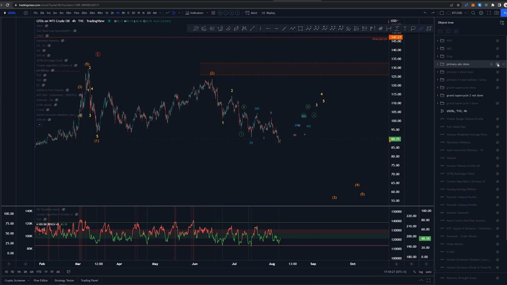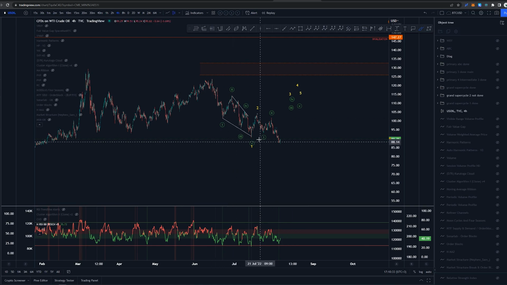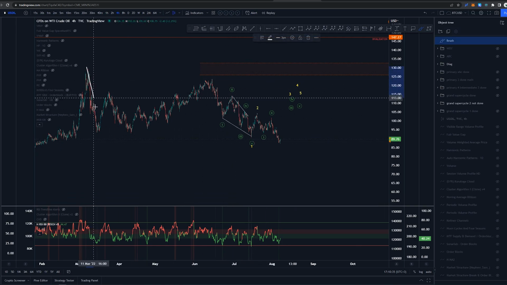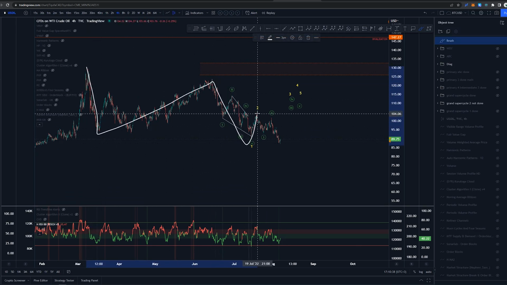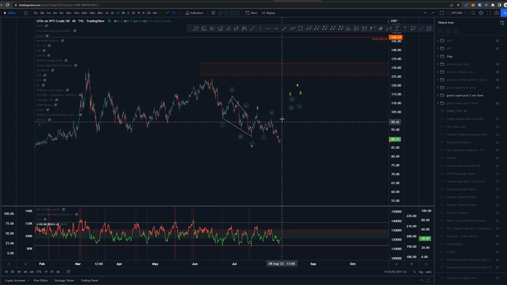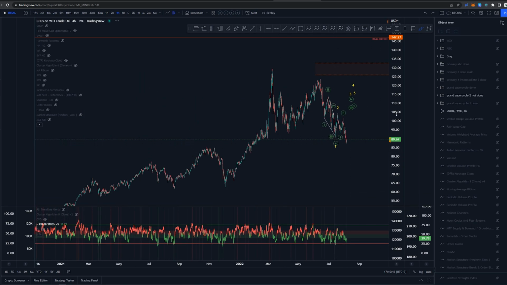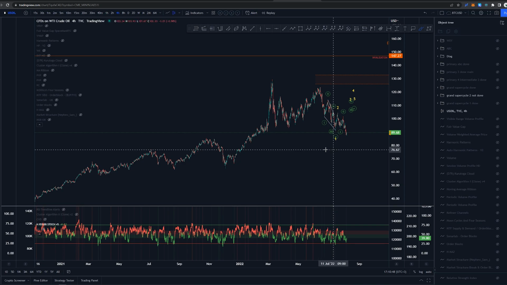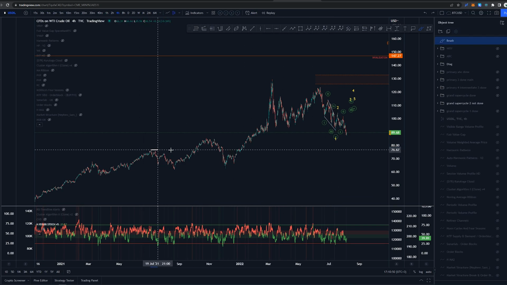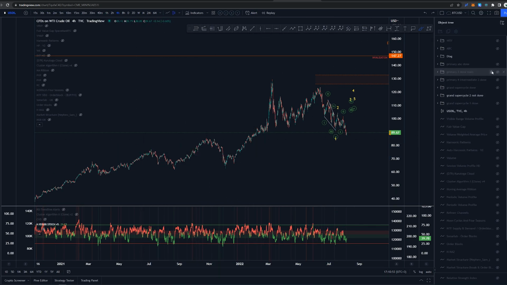Okay, so what we need to do is this one. This is more common, or more likely, at least to me, saying that we have this as a 1, 2, and then this would be another 1, 2, 1, 2, and now we could be starting to unravel this whole count downwards. I would consider this only when we are basically below these lows here, or breaking the more